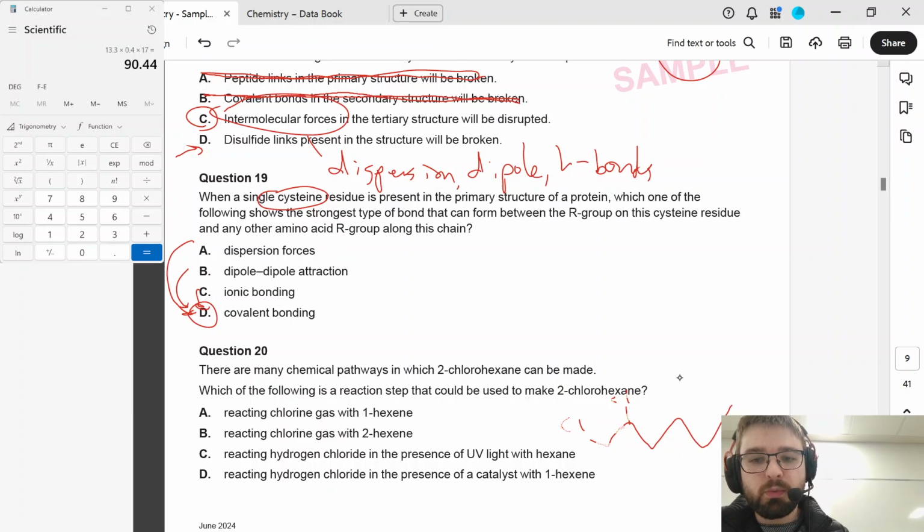Alright, now we put the double bond on the second one. We break the double bond, add chlorine on both of them. Well, now we've got 2,3-dichlorohexane, which we still don't want. Reacting hydrogen chloride in the presence of UV light with hexane. You would normally do chlorine gas in the presence of UV light with hexane, which might make it. Reacting hydrogen chloride in the presence of a catalyst with 1-hexene. Now that's going to be the best,